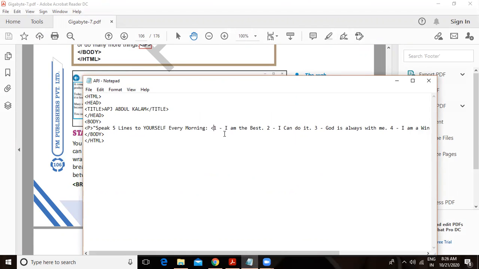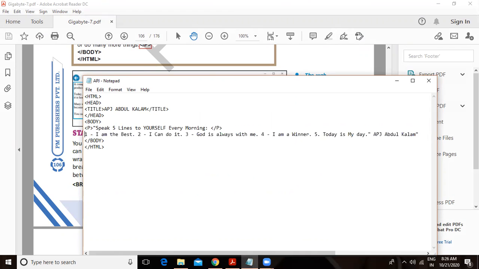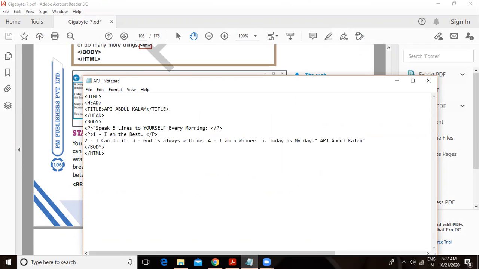It has starting also and it has ending also. So it is a container tag. So those tags which have starting as well as the ending, those are known as container tags. I am just making the paragraphs for you. And which tag we are using for the paragraphs? We are using P tag.